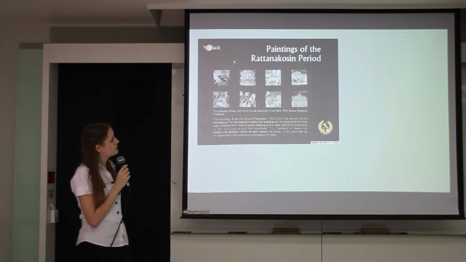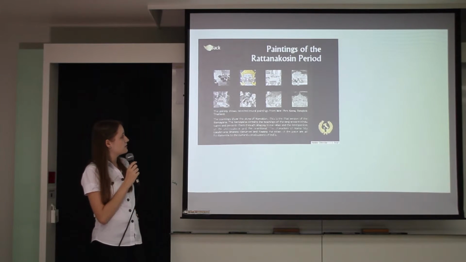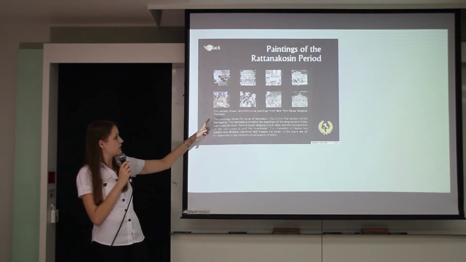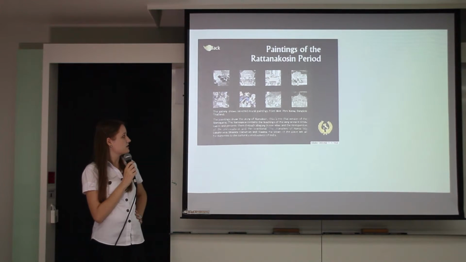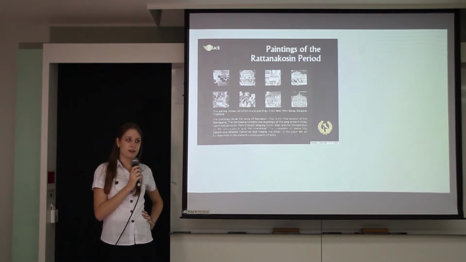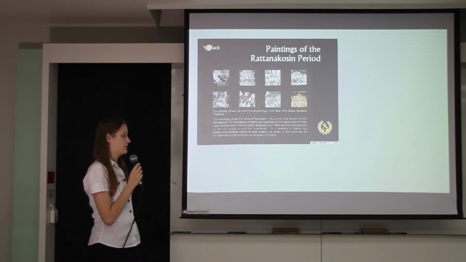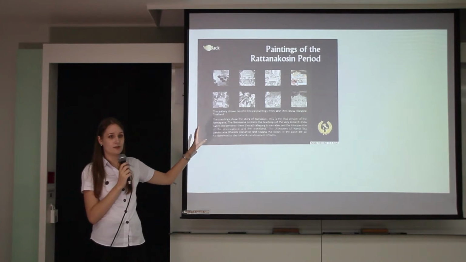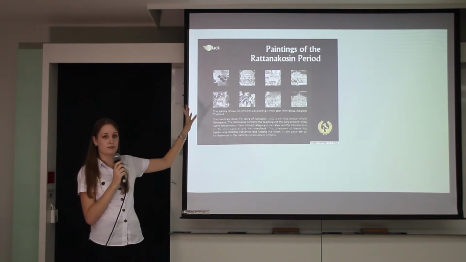Here you can see the gallery, and you can choose the pictures. First it's in black and white, but if you put the mouse over, it changes colors. I have some information about this under the gallery. I chose pictures from the Ramakien because it's typical for the Ratanakosin period, these pictures, not the story. The story is not a priority, it's only the pictures,